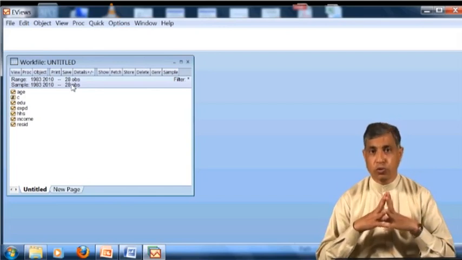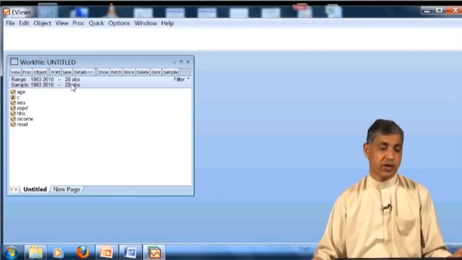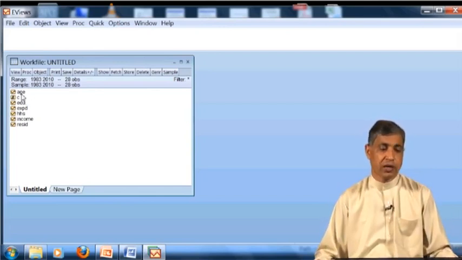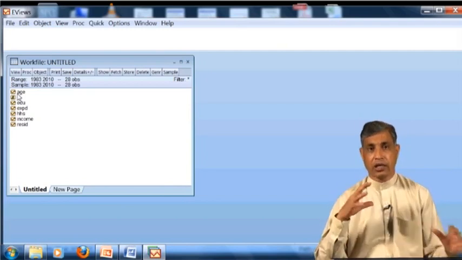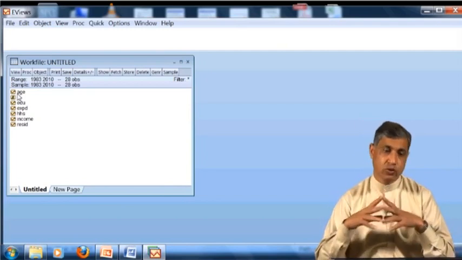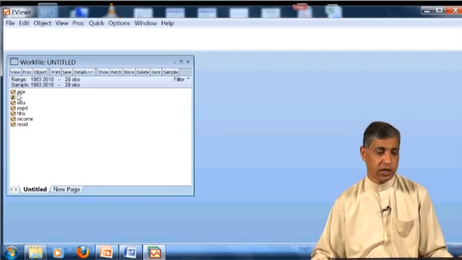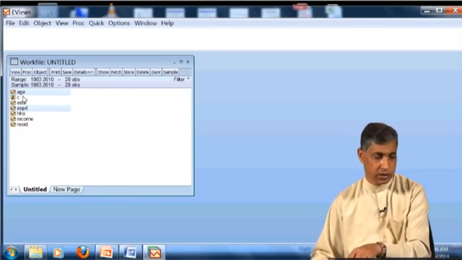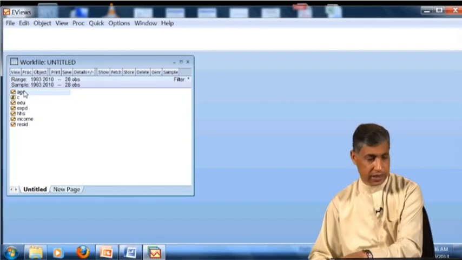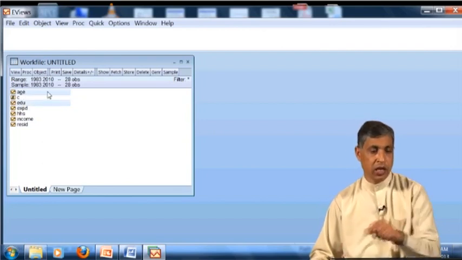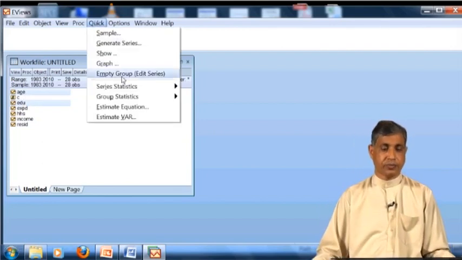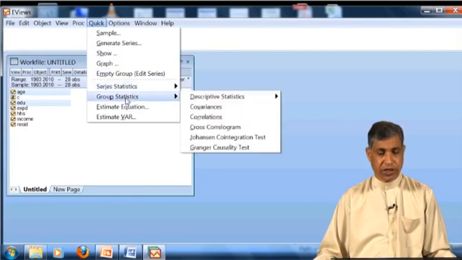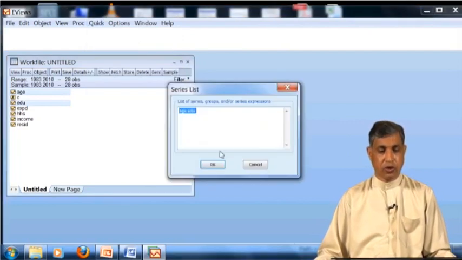So what we are going to prove is this. Previously we calculated the correlation between age and education, and I would like to calculate this again. This is age, and this is education, quick, group statistics, and correlation.